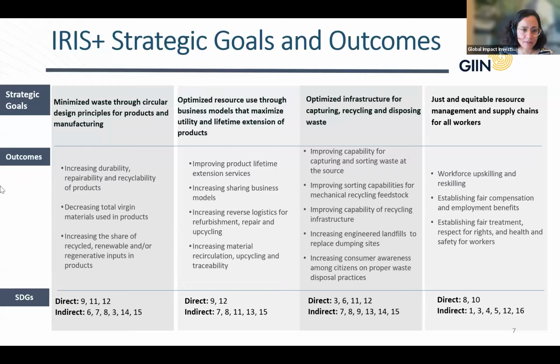So you see the first one is really a design outcome, increasing durability, repairability, and recyclability of products. And the other 2 are more a manufacturing outcome. So in the manufacturing process, to use more recycled, renewable, and regenerative inputs and less virgin materials. And with these outcomes, we are saying the strategic goal of minimized waste through circular design principles for products and manufacturing is supported. And then going back to this evidence map,